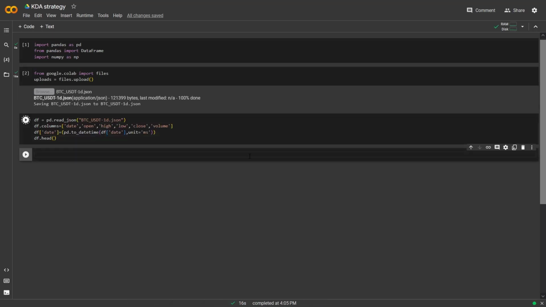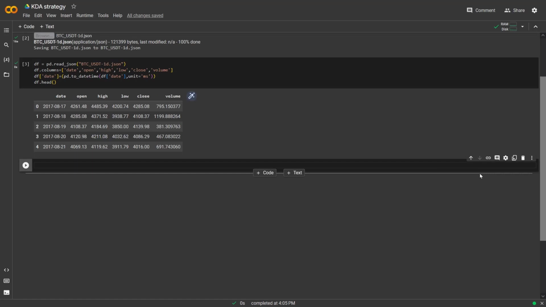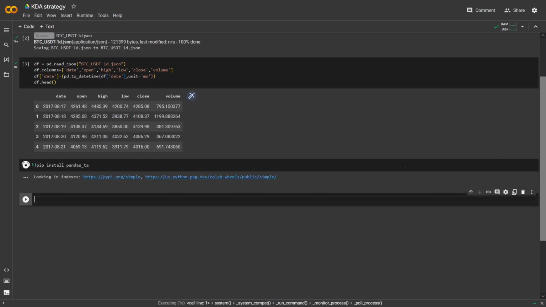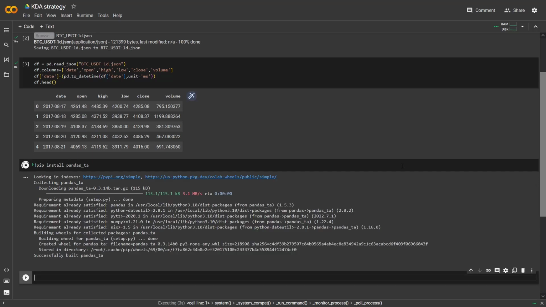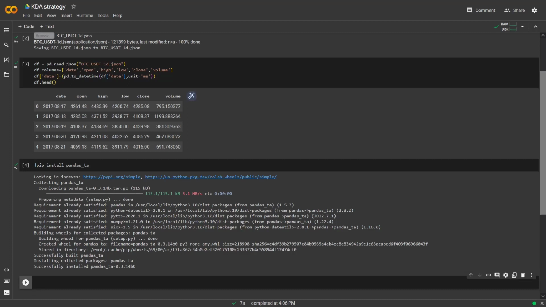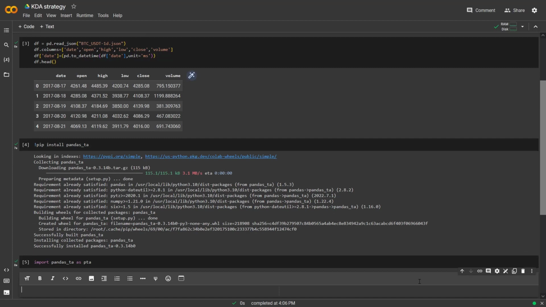Followed by the creation of the data frame and then showing its contents. To make use of the indicators, I have to install the pandas.ta library module here, which I'll do next. And after it's installed, I can import the module so that I can create the indicators. Now that I have loaded the pandas.ta module, I will create my first indicator, which is the Know Sure Thing